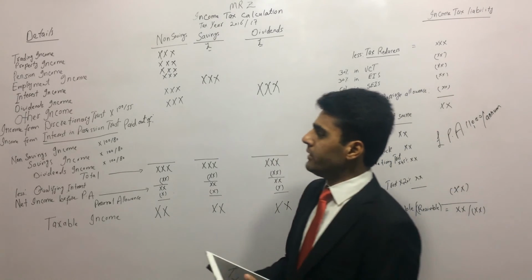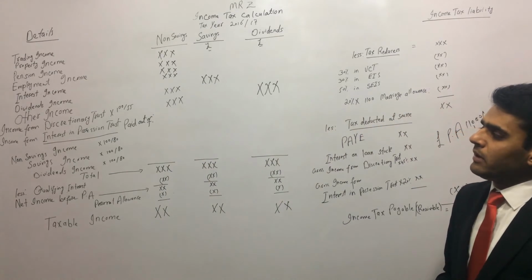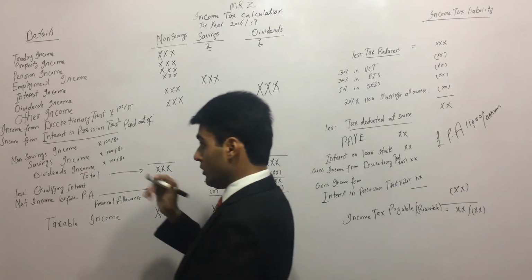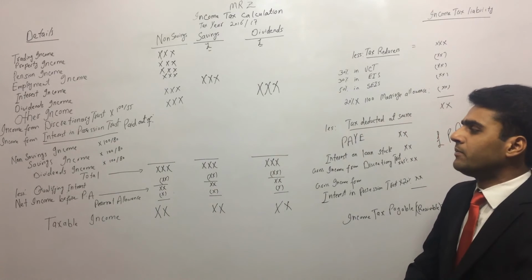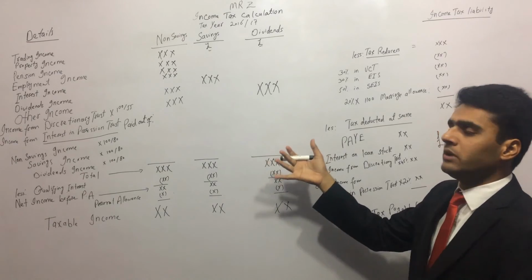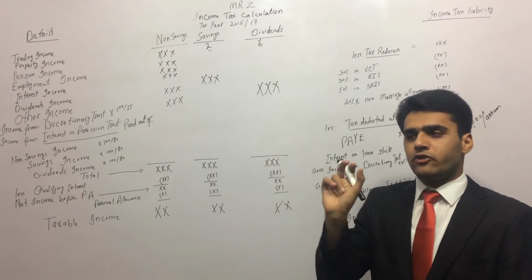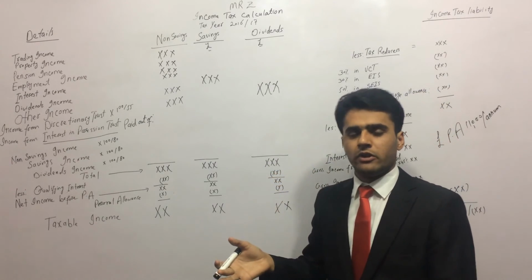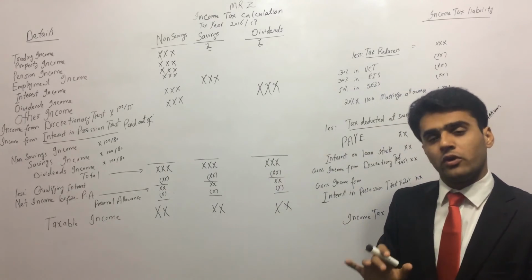So that was interest income and dividend income. Now, the next one is income from interest in possession trust. That is paid. It could be paid out of either non-savings income, savings, or dividend income. It will tell you in the question whether the income from interest in possession trust is paid out of non-savings income, savings income, or dividend income.